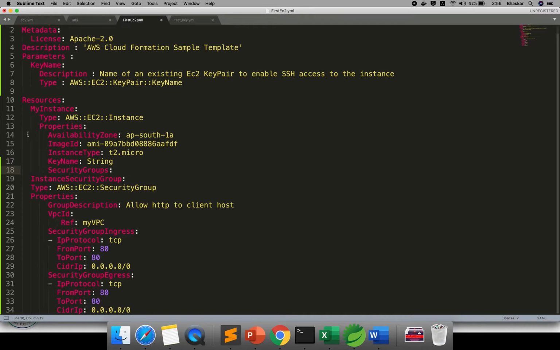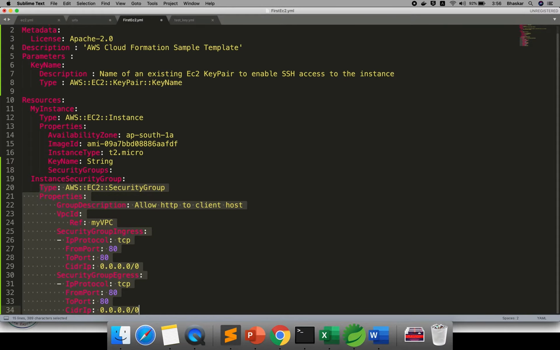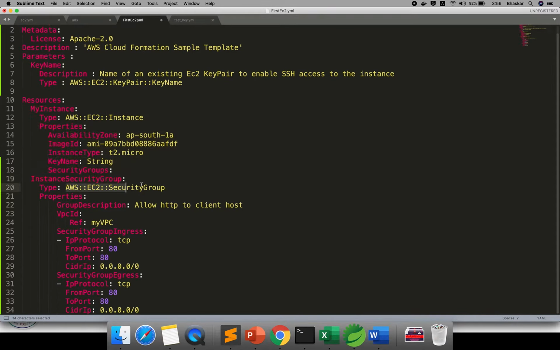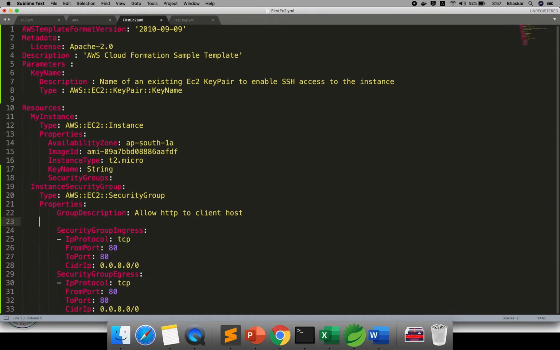Okay, now if you see here, everything is in proper format or not. My instance is linked to security group. Okay, one more tab I need to use it here. Just copy, make it as a tab. Everything should be in the same format, guys. Okay, here now you have your instance. Now you have a security group. I don't want, I need only default VPC. Okay, let me remove. Okay, allowed HTTP client. Now this is your default value.